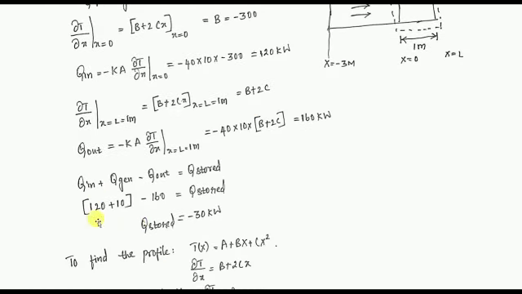Now you know this thing, Q in plus Q generation minus Q out equals Q stored. Actually, I studied this in my second lecture itself. See, this is to be remembered very easily. How much money you are earning, what is your income, and what you are getting from your father, is equal to your storage.